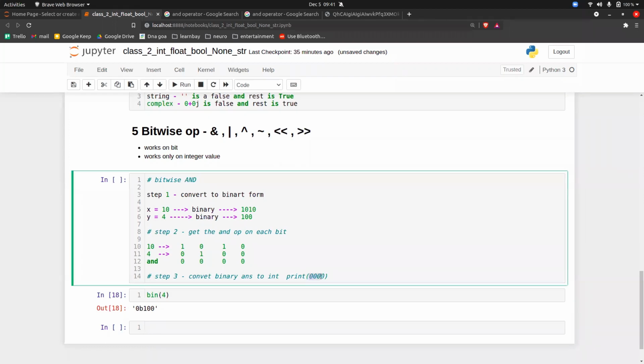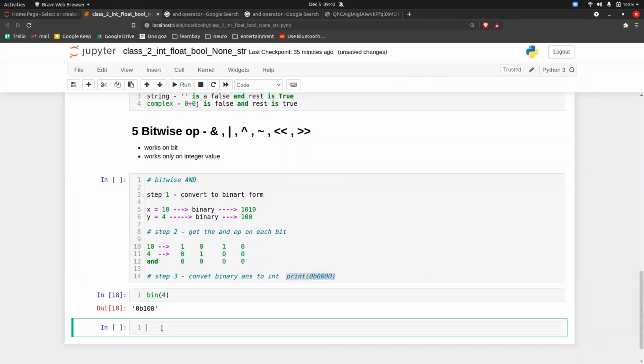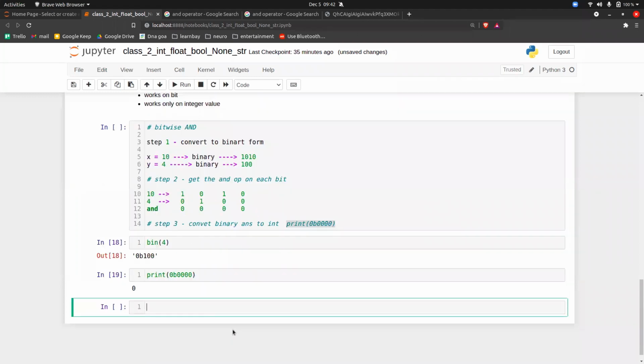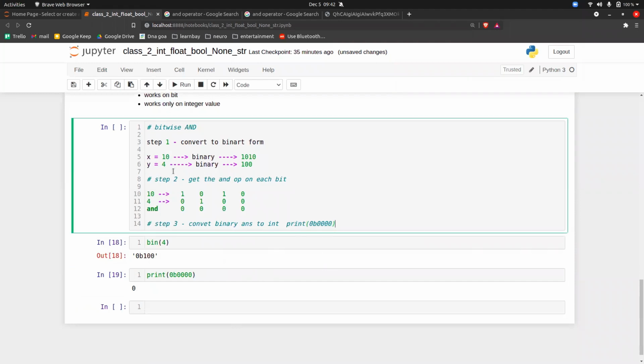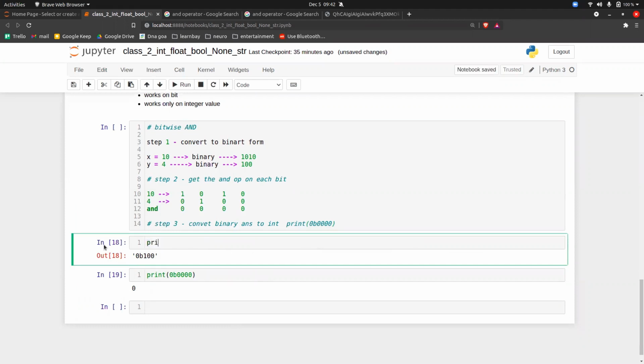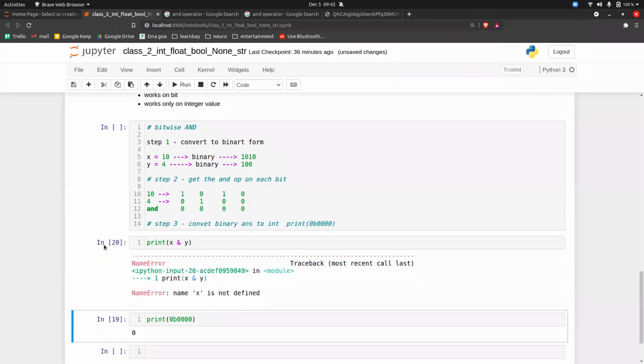So 0, 0, 0, 0, and before that, just put 0b. That's it, and you will get the answer. So if I copy, paste, and execute it, the answer is 0. Okay. So for this, if I do print x and y, the answer is,